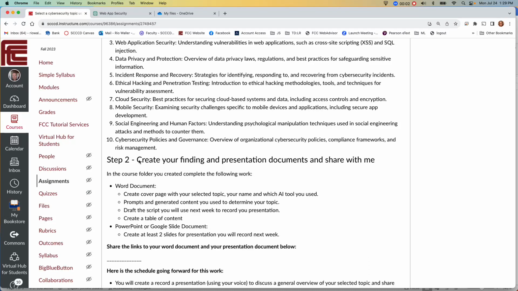So step 2 is create your findings and presentation documents and share with me. Okay, so let's go over this. In a Word document, create a cover page with your selected topic, your name, and which AI tool